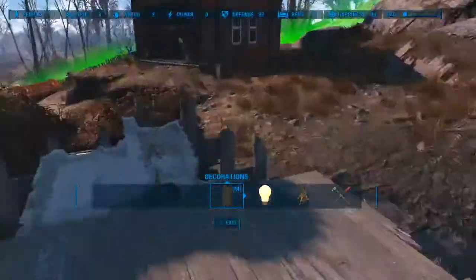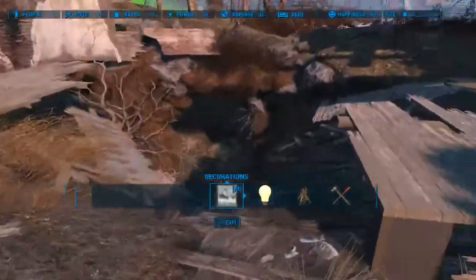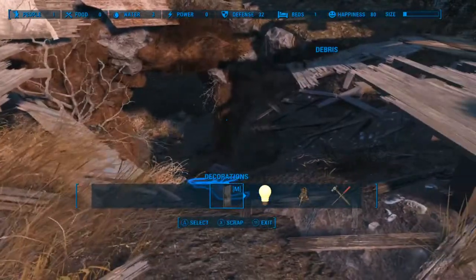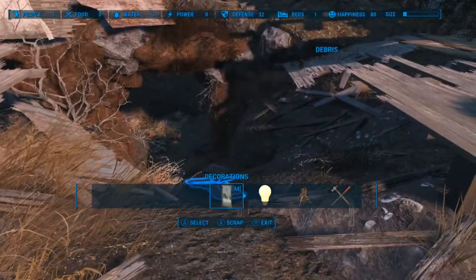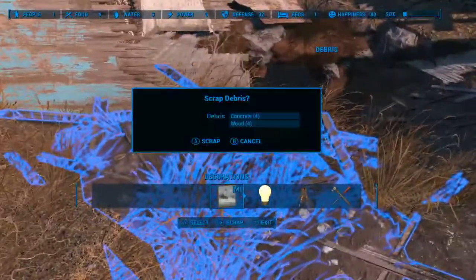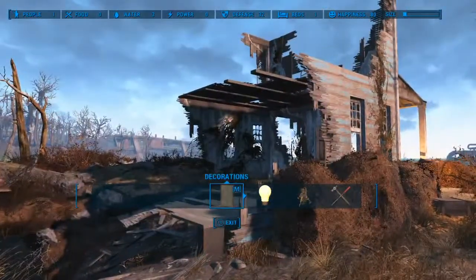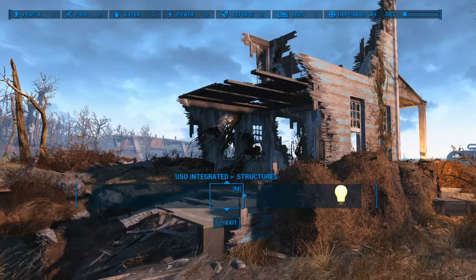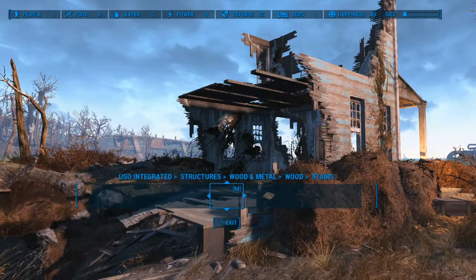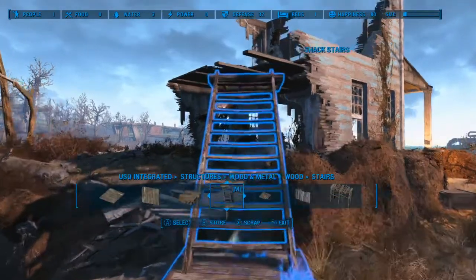Okay, so that's a... We're going to have to come back at this. I think I have an idea. Well, I have an idea. It's just a matter of whether or not it works. Debris can go. And we want to get rid of the scrap upstairs. Put that there, and we can...